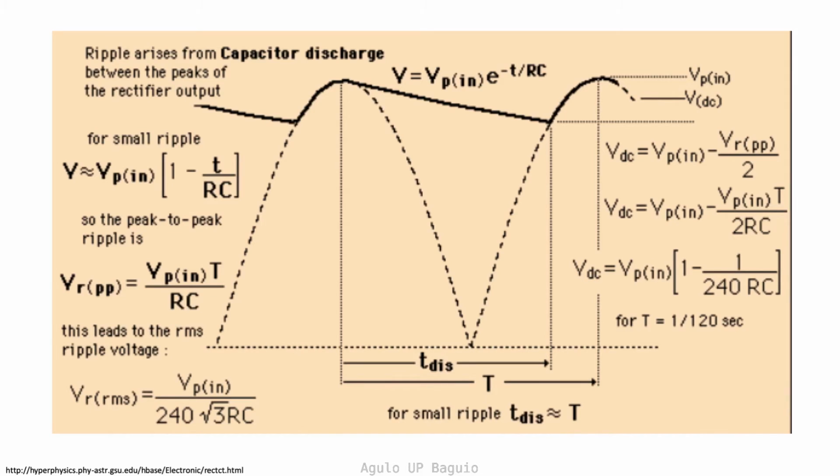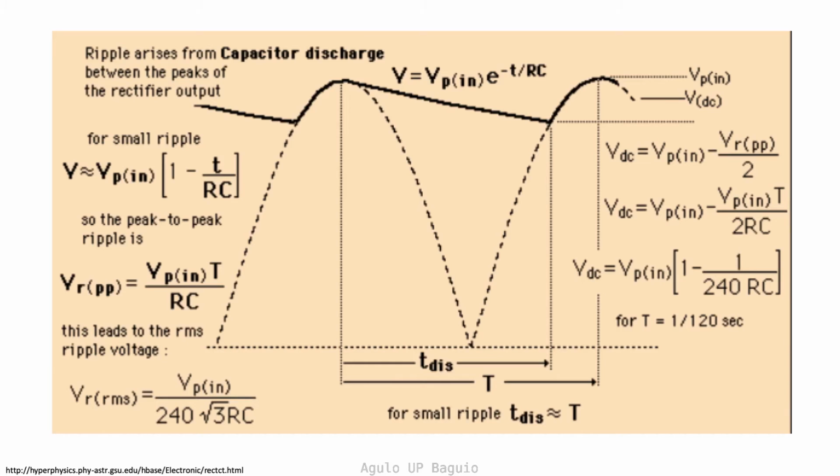We can derive an expression for the ripple voltage in terms of the input peak voltage, measured at the input of the primary coil of the capacitor. We begin with the expression for the charging of the capacitor in terms of the exponential function. For small ripples, this exponential function is approximated to its first two terms. Thus, between peaks, the ripple voltage can be approximated as Vp in times T divided by Rc, where T is